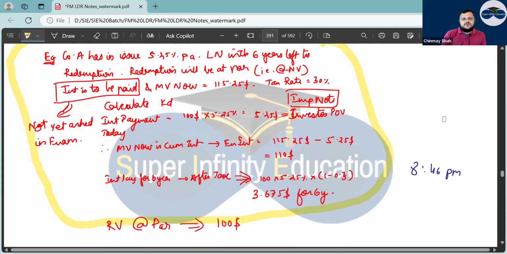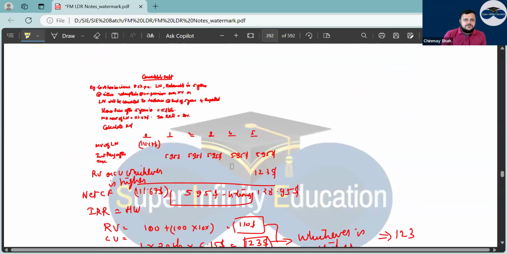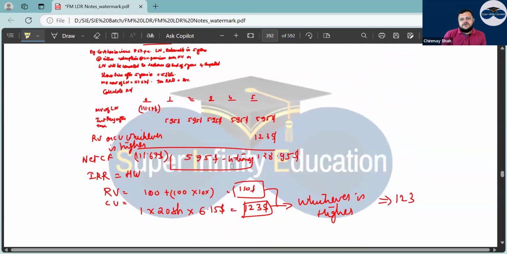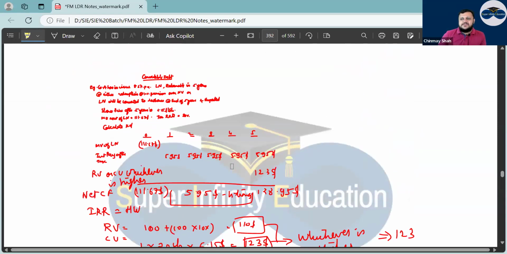If nothing is given, consider the nominal value as $100. That is how things work out. Then you have the convertible debt. In convertible debt, everything else is the same, correct? But what happens in convertible debt? In the fifth year, instead of taking the cash of redemption, you can convert the debt into equity. That option is there. But you have to find out, if cash is paid, how much will be the redemption value, and if the conversion is chosen, how much is the expected value of the shares, correct?